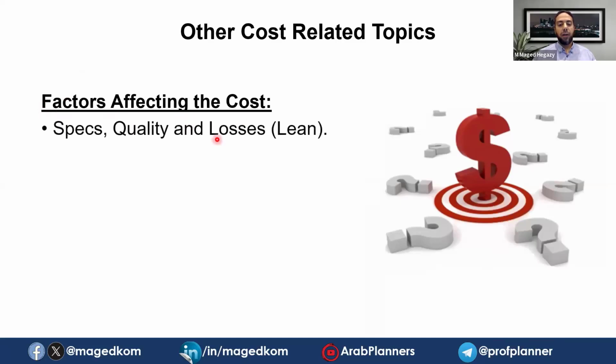So you can find quality affecting the cost, the specs, quality, and losses, and how the people working in lean management focus on losses and waste, and how to reduce waste and everything. So you need to check this. You are not pricing the item in all projects with the same price. If different specs or different quality are required, the cost will be different